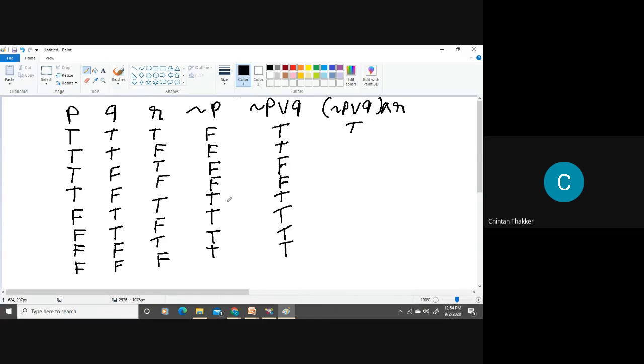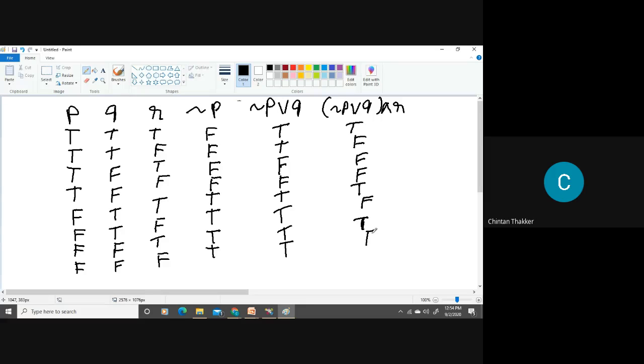Then in the fifth row, both are true, so here at fifth place we have T. In the remaining, over here at the seventh place, both are true, so at seventh place we have T. Now the remaining places we have false: second, third, fourth, sixth, and eighth.